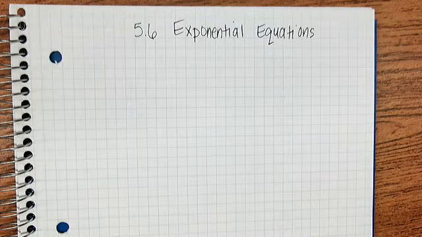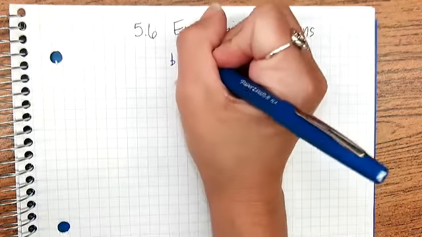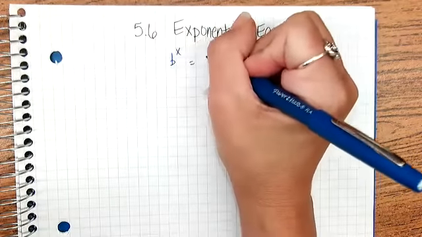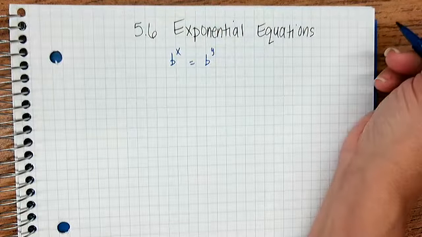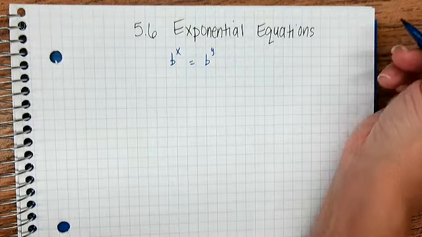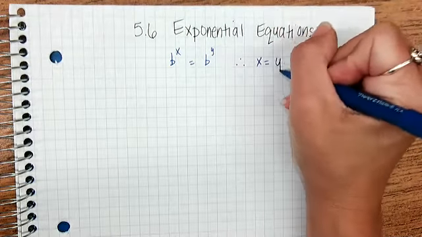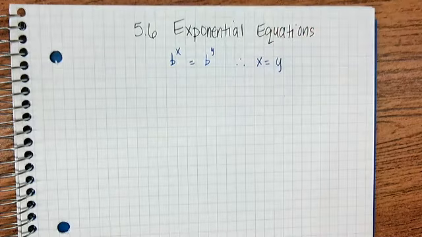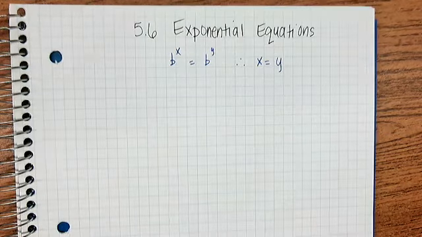Exponential equations. So we saw previously that if you have some base b raised to the x power and some base b raised to the y power, and if those two quantities are equal, then we could say x equals y. You don't cancel the b's. There's a property that says if the bases are the same, then the exponents must be the same. Great. What happens when you can't